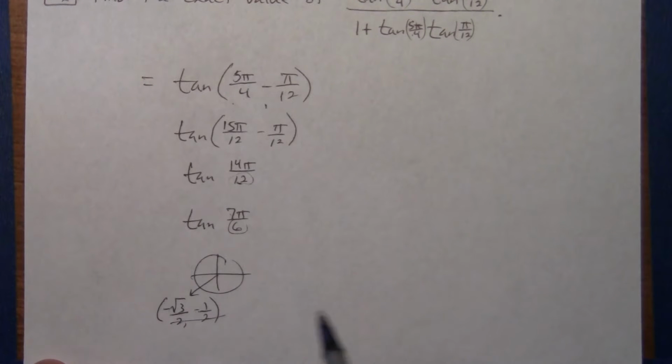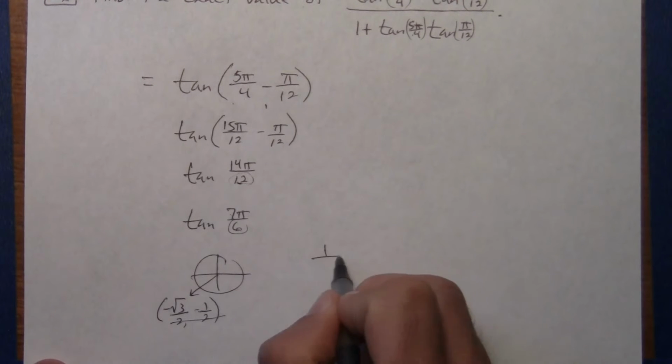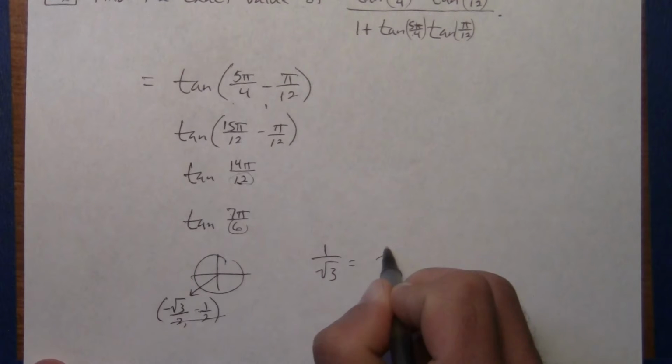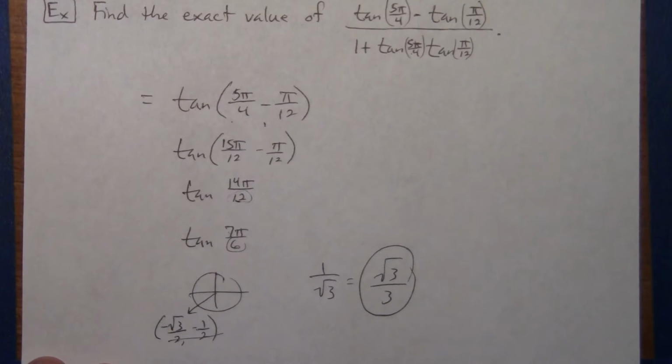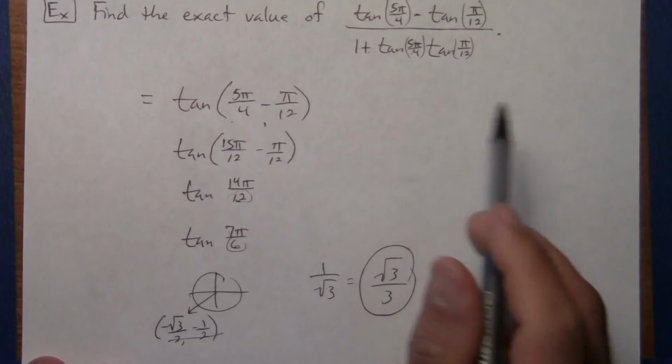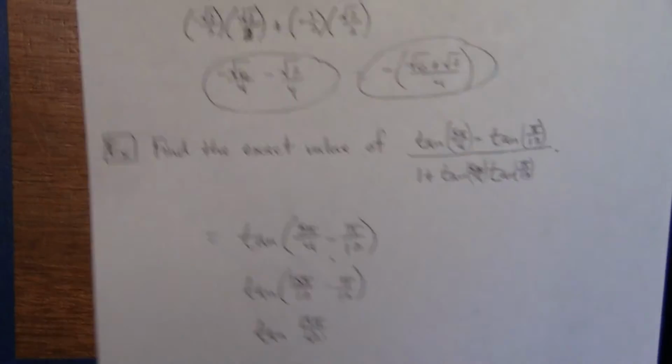I know the 2's when I multiply by the reciprocal eventually cancel. It's really going to give me 1 over the square root of 3, or I'll rationalize that to square root of 3 over 3. So there's my exact value for that expression. Alright, the last two